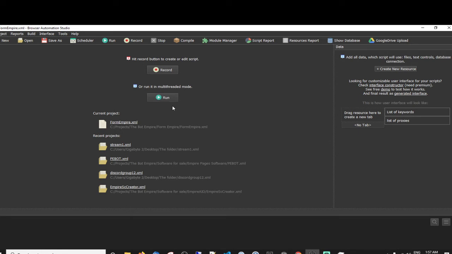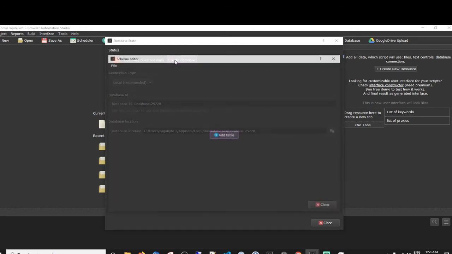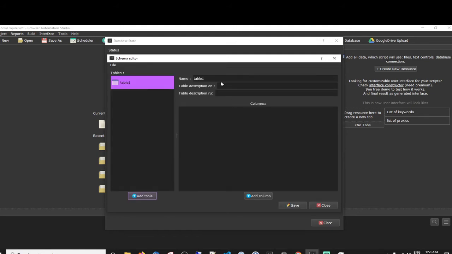Okay. So let me think this through. It's going to go to each one of these on the list of keywords, and then we're going to scrape the URLs. So what should we have? Let's have a database with two different things. Oh my god. Tables. That's it, that was the word I was searching for. Two different tables. Rightio. So let's make table one, and let's call it scraped URLs.